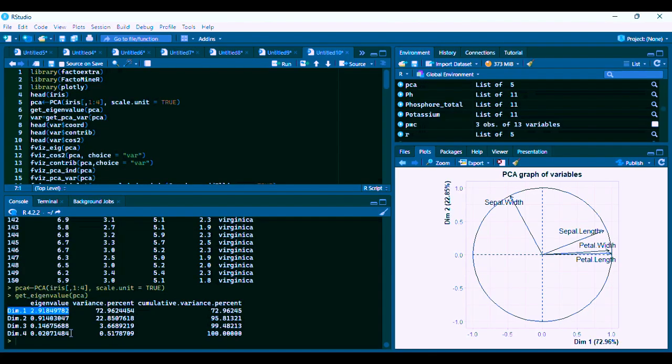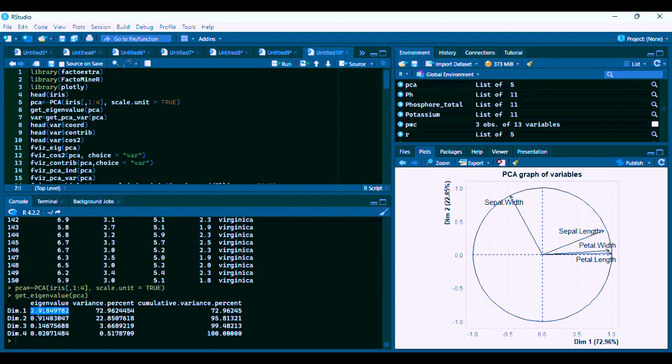The Kaiser rule states that only principal components or dimensions with values greater than 1, like dimension 1, should be retained. So in our case, we might need to retain only the first dimension with eigenvalue greater than 1, equal to